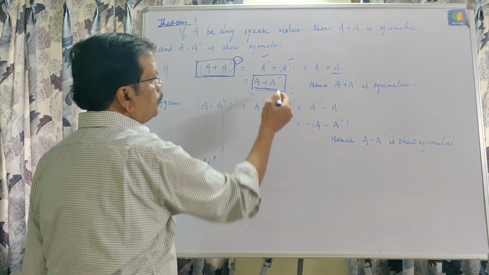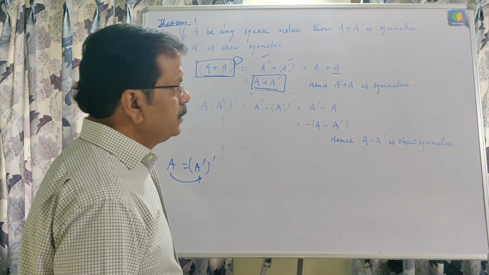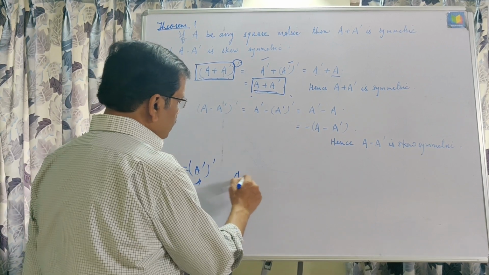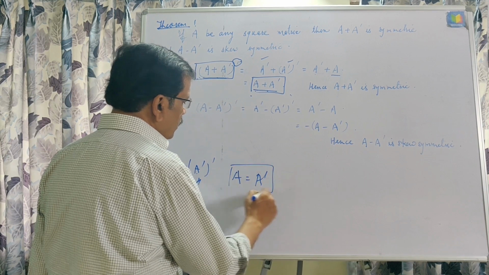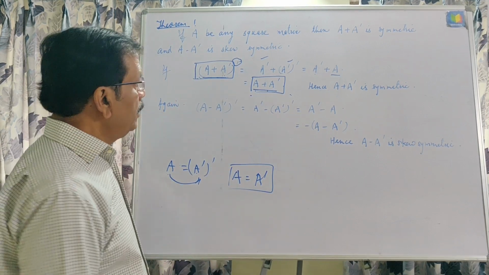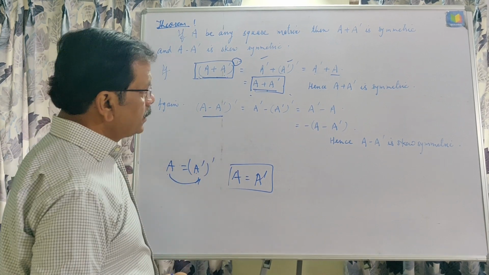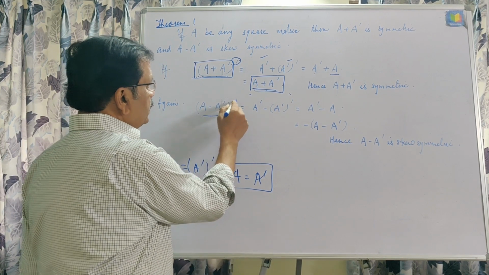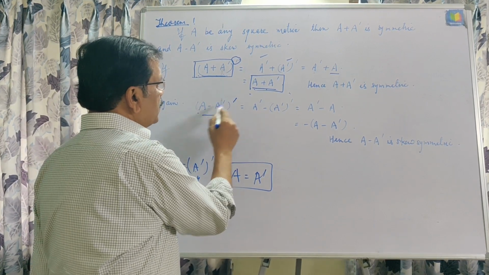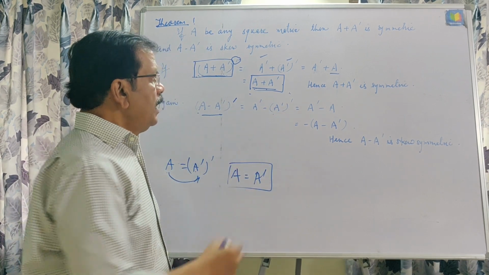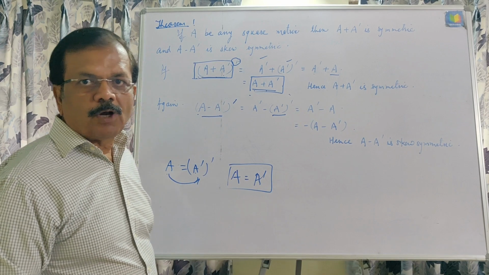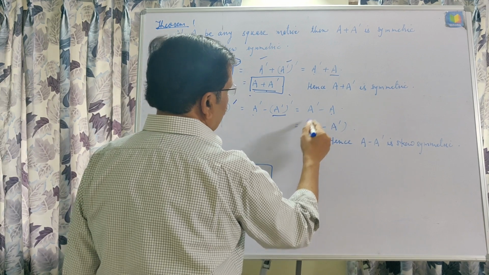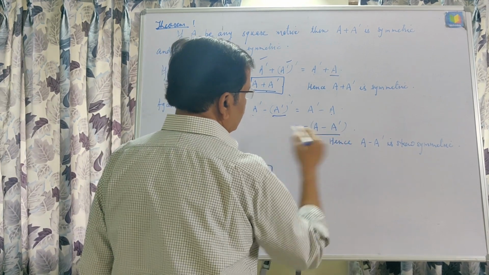That is, the transpose of A plus A transpose is equal to the value itself, and this is a symmetric matrix, because for being symmetric, this equality should hold. Now next, for skew symmetric, following the same way, A minus A transpose. After taking the transpose, this will be A transpose minus the transpose of A transpose, which again, using the property of transpose, will be A transpose minus A, or taking minus common, minus of A minus A transpose.